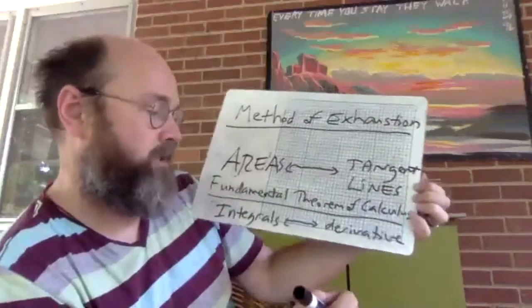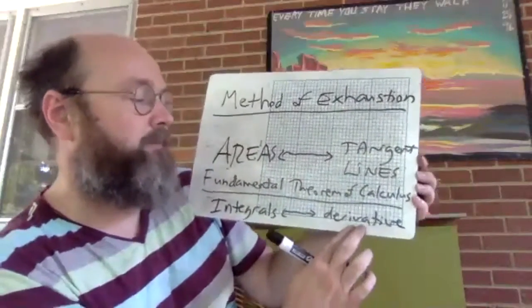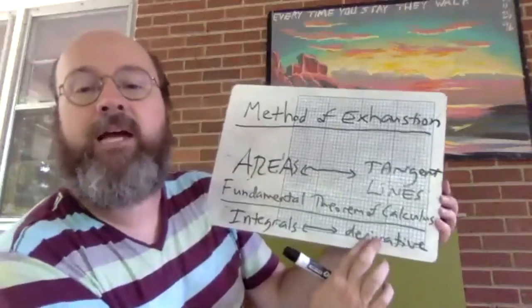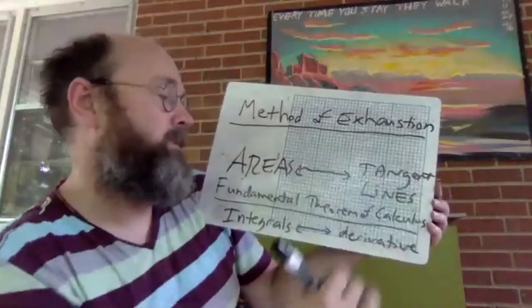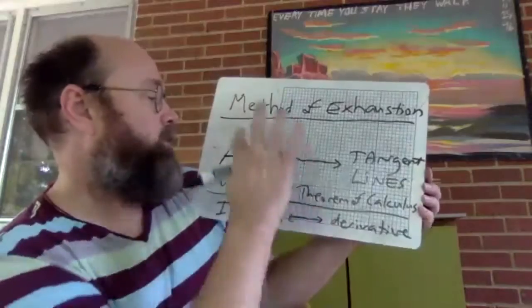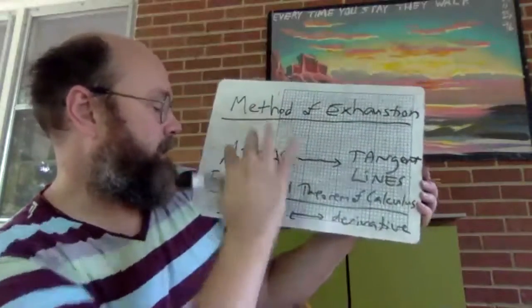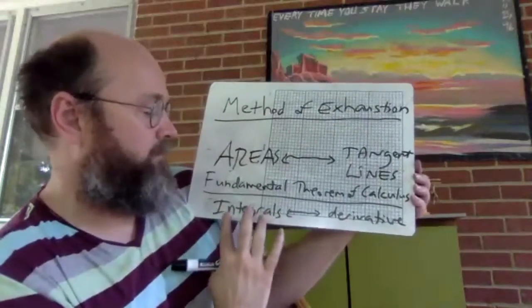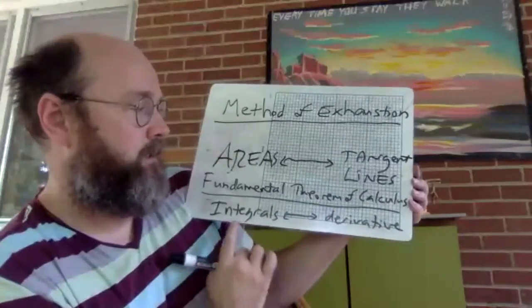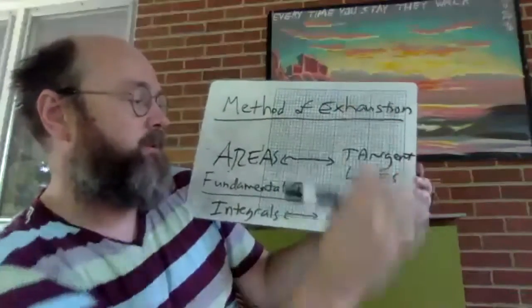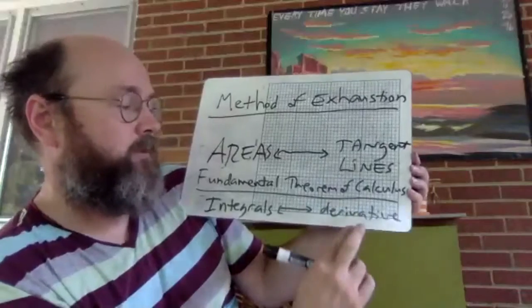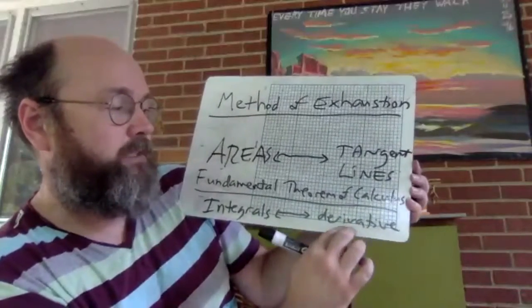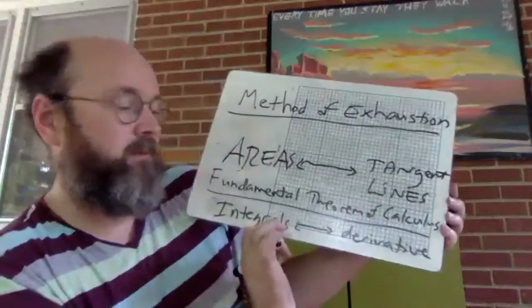On the other hand, derivatives aren't tangent lines. They're not the slopes of tangent lines. They're functions. But if you evaluate them at a particular x value, it does give you the slope of the tangent line at that value. So to find areas, that is, to take integrals and evaluate definite versions of them with endpoints, and to take tangent lines and find their slopes, which means finding derivatives and computing the derivative at a particular point,